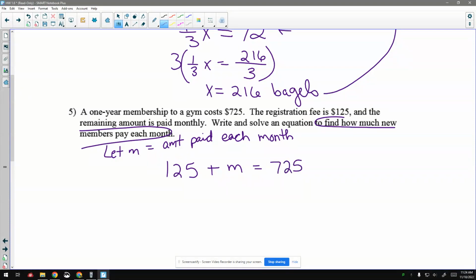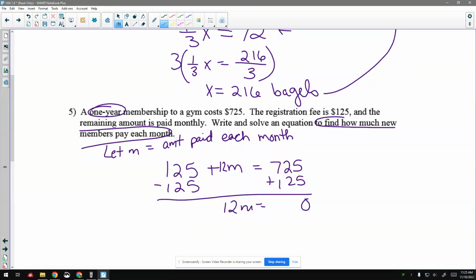Is this right? Oh no, there's 12 months in a year. Haha, that's what I was missing. Did you miss that too? I'm like, I am missing a number. There's 12 months in a year. It's a 1-year membership. That's why the 12 goes to the months, because you pay it every month for 12 months. Now we're going to subtract 125 to get 12M equals,